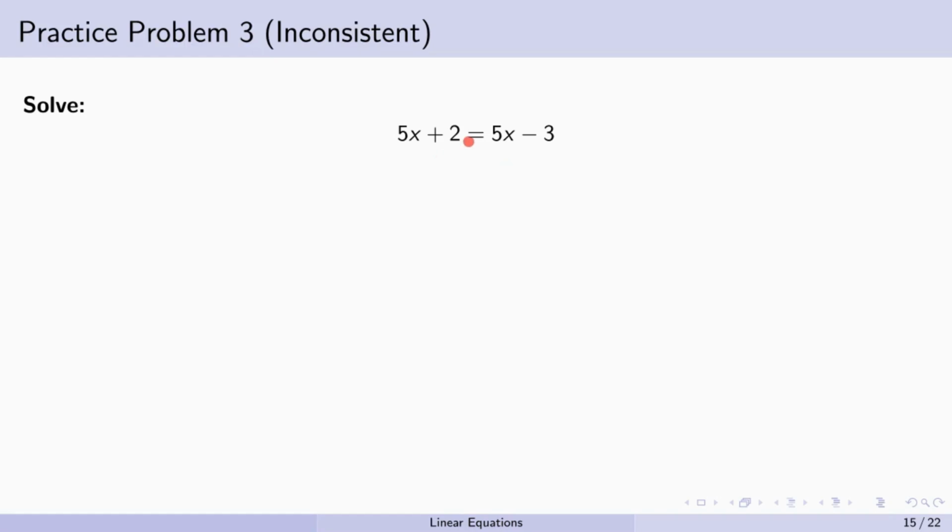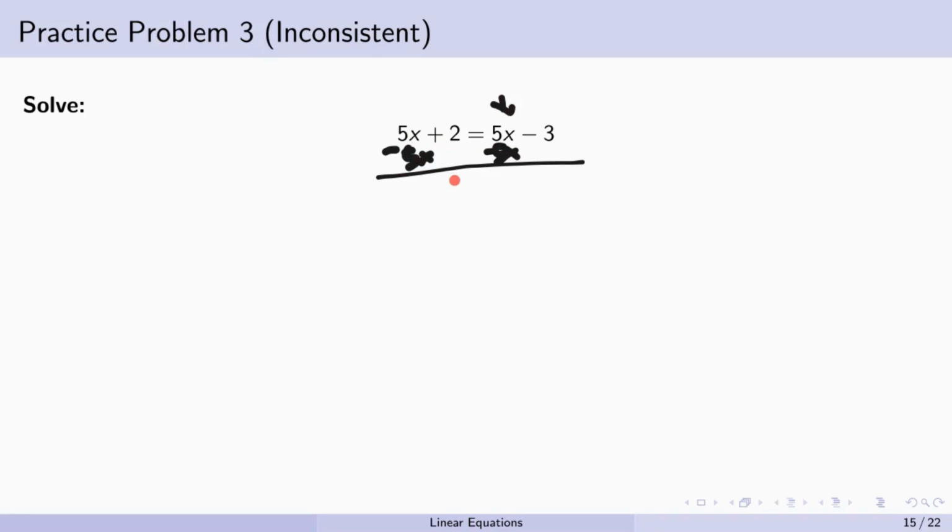So in this case, we can subtract 5x both sides. For us to remove this 5x,